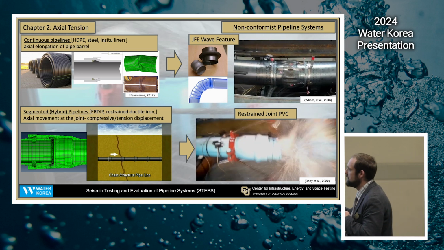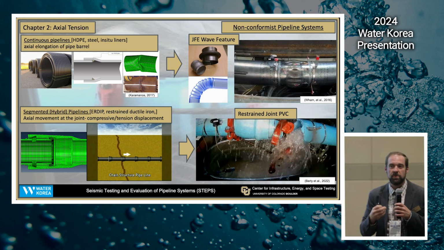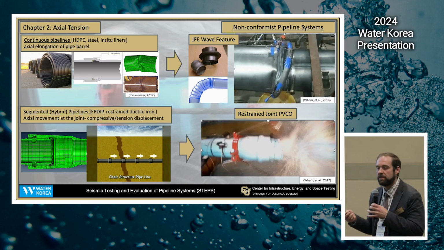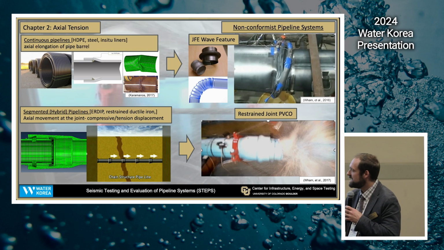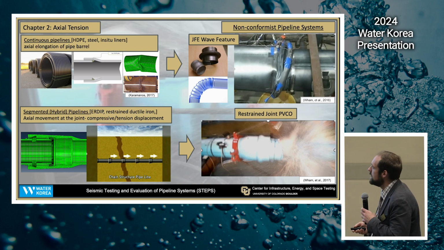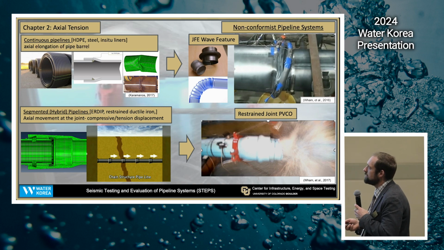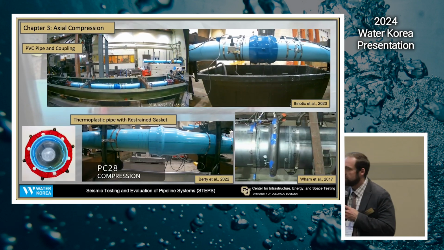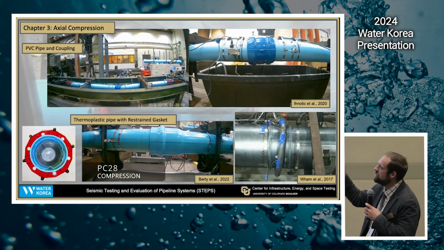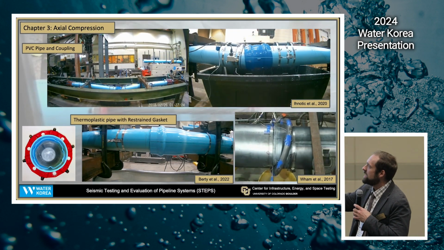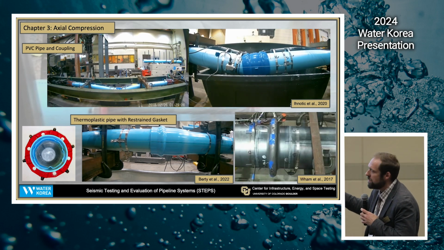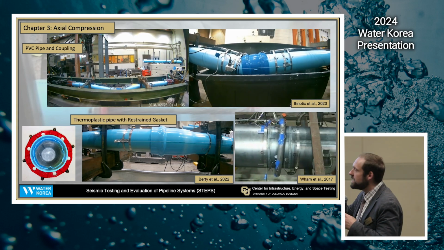This is a plastic material that's able to strain more, and so we're taking into account both of those positive attributes as we're trying to assess the systems, and that's what our testing methodologies are trying to get after. And one of the ways that we're getting after that, so we'll talk a little bit about compression too. Similarly, we can have different types of responses where we have pipes that will buckle but not leak, as an